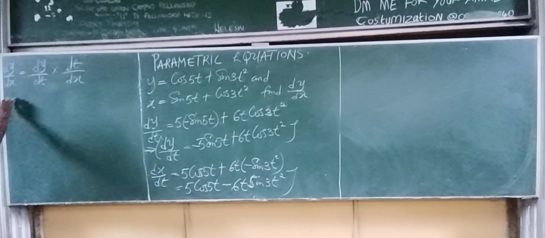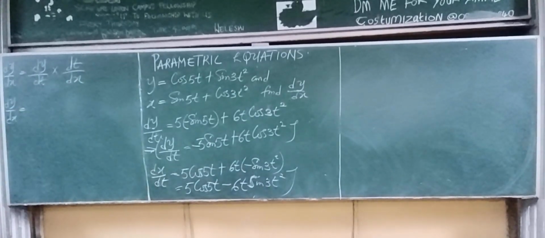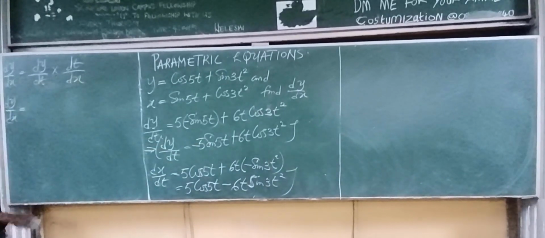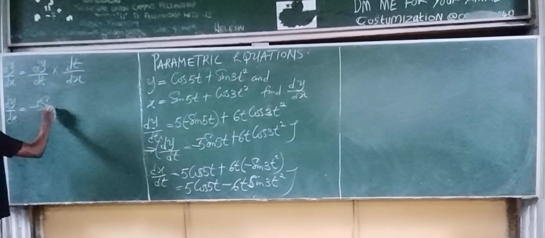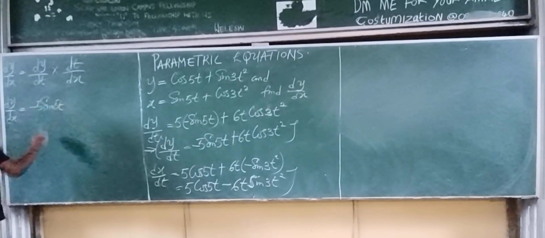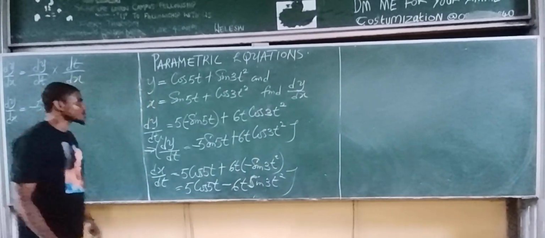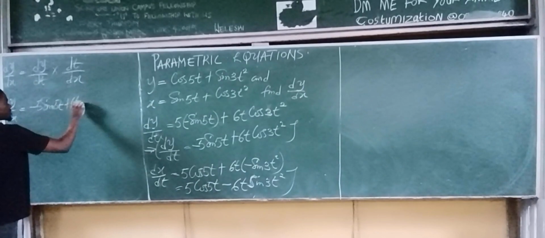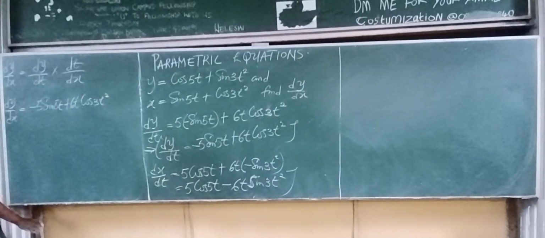All right, so dy/dx is now equal to dy/dt, give me the whole of this, minus 5 sine 5t plus 6t cos(3t squared), the whole of this